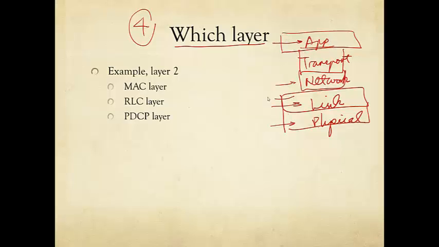And sometimes each layer is actually decomposed into many sub-layers. For example, in Wi-Fi, they are responsible for designing these 2 layers and standardize them. In cellular network, they often is responsible for standardizing these layers. And in LTE, for example, the 4G cellular, they break the link layer, layer 2, further into 3 sub-layers.